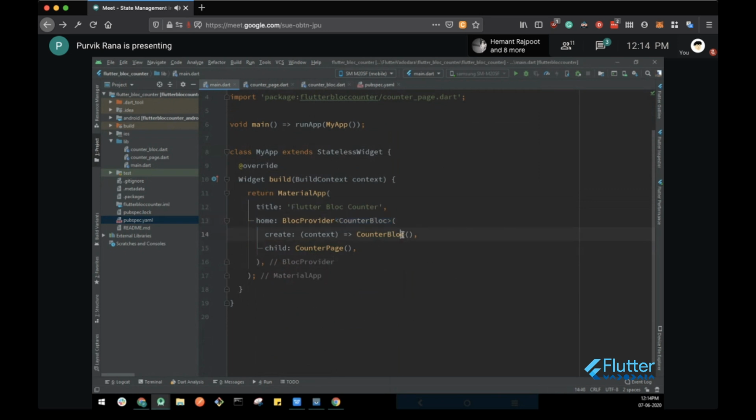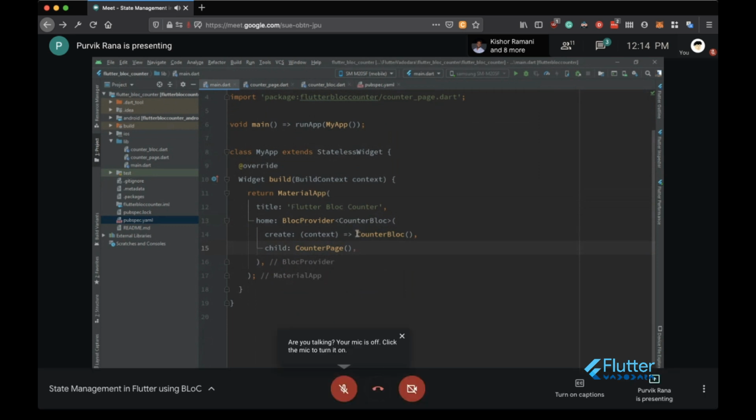So counter bloc is the type of the bloc that we want to provide to this counter page, and we have to create the instance of the counter bloc. By using the context, it is creating the instance of the counter bloc by using this create parameter. This syntax we have already discussed earlier.